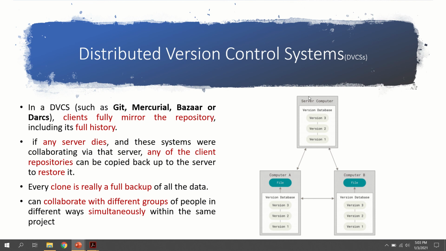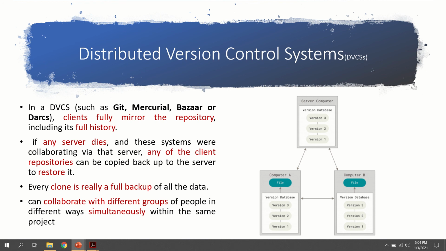That is, this is the server computer in which the history and all the details about different versions of each and every file will be stored, and one copy of the same details will be there in each client side computer. So each of them is a mirror copy, a clone copy of the main repository.